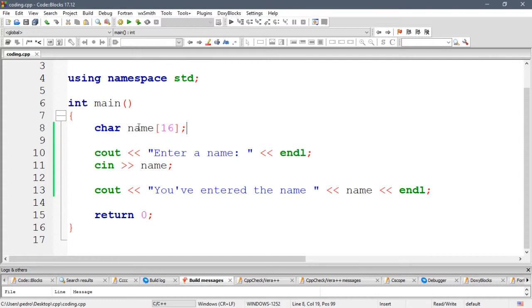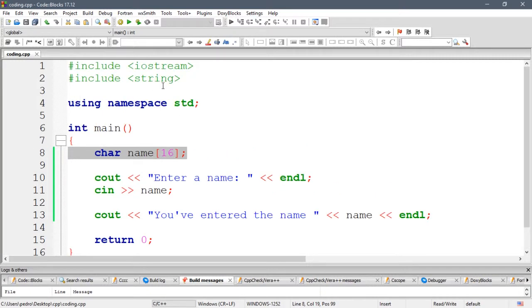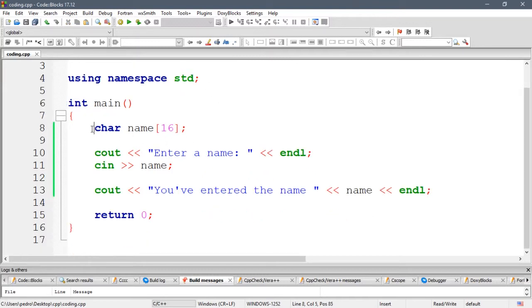Okay, so this is your homework. Try to read this string. Remember to import this header, okay, the string header, to your source code so you can create a string variable